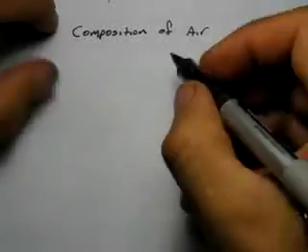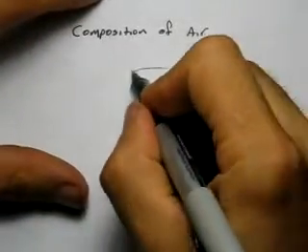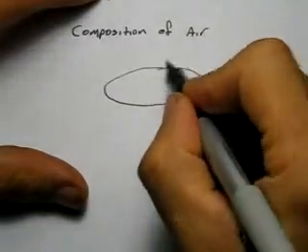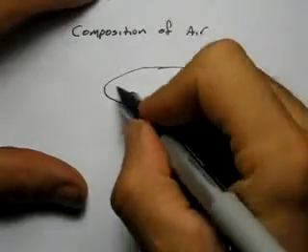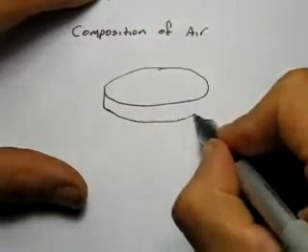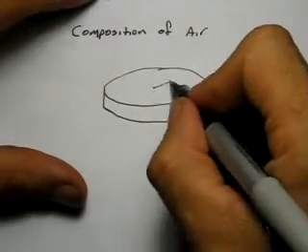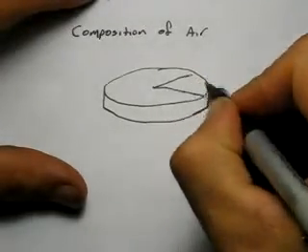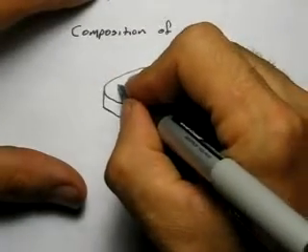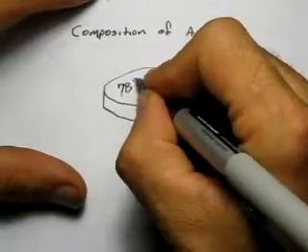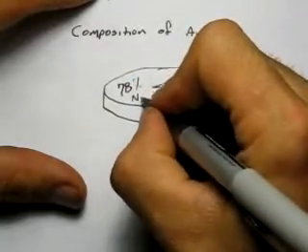This video is about the composition of air. Air is made up of many different gases, most of them in very small quantities. And in fact, if this pie graph here represents a quantity of air, we'd find if we measured the different gases in that air, that approximately 78% of it is nitrogen in the form of